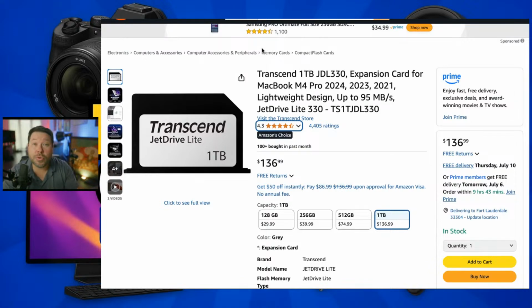But if you don't use your SD card slot and it's just sitting there not being used all the time, this is a great way to utilize that slot and have a little bit of extra storage on your computer. So the next item, I'll make sure we're still here. All right. The next item is going to be